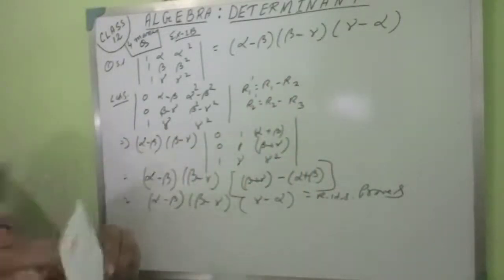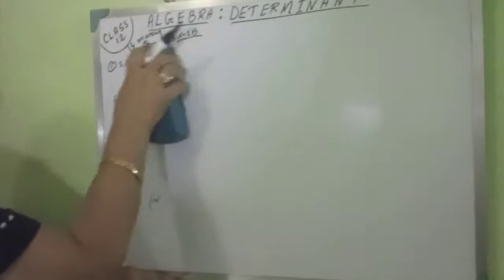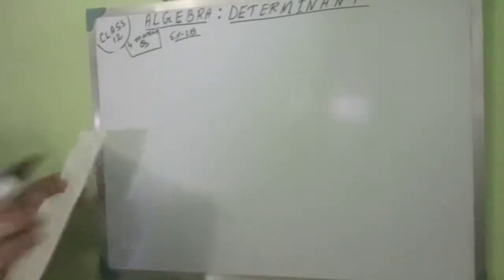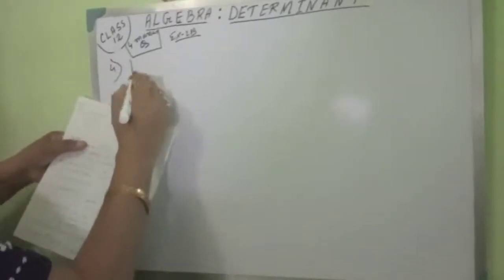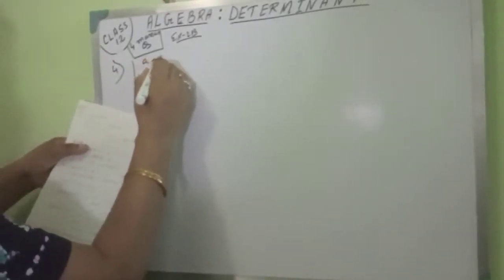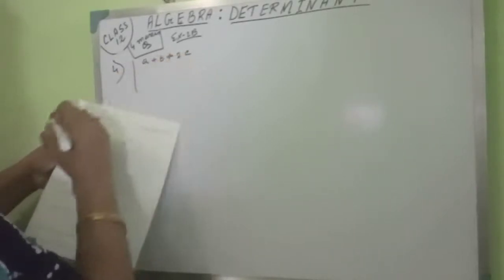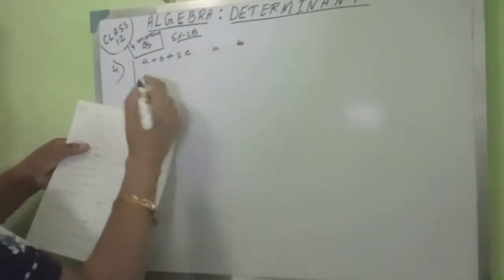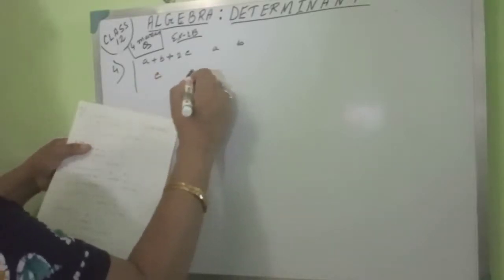Next, sum number 4. The numbering may not be the same, but all the sums are the same. It is 4 here, maybe in your book it is 2 or it is 5. It may be 4 also, I don't know.